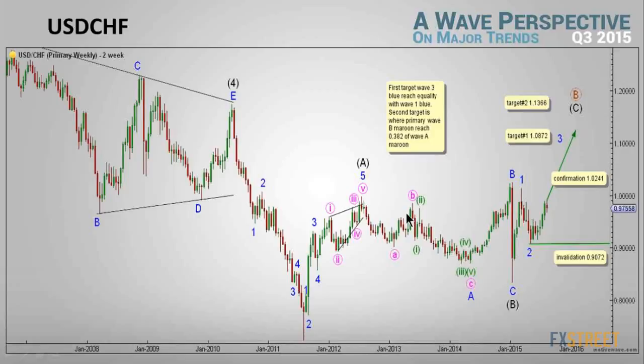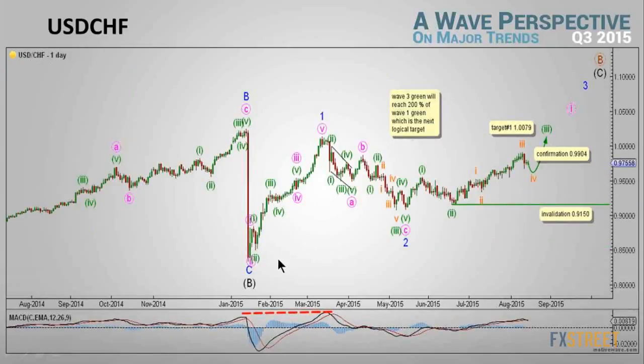Moving on to the daily chart from the end of wave B blue, to view the recent movements within the dollar-franc currency pair. On the daily chart, the main count sees wave B black complete as an expanded flat correction labeled waves 1 through 5 green. As an expanded flat correction labeled waves 1, A, B, and C blue, with wave B blue unfolding as a zigzag labeled waves A, B, and C pink, and with C pink unfolded as an impulse labeled waves 1 through